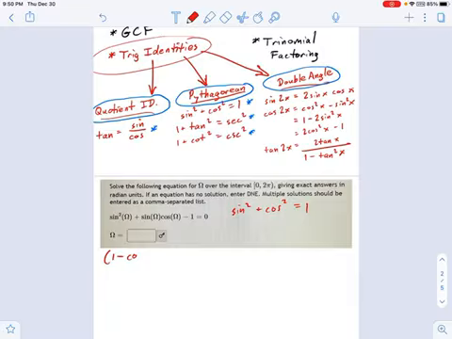1 minus cosine squared omega plus sine omega cosine omega minus 1 equals 0. Well, now look what happens. The 1 on the left, way over here, is going to cancel out with the minus 1 over there. And now the equation only has cosine and sine terms in it. You're going to be able to factor this thing just using a GCF. And I've done that plenty in other videos, so I'm not going to repeat that here. I'll leave that for a little bit of an exercise for you on your own.